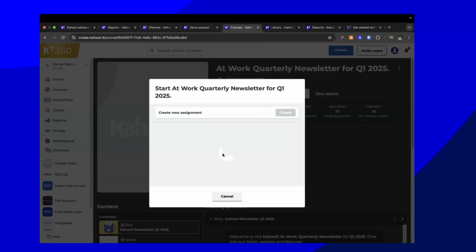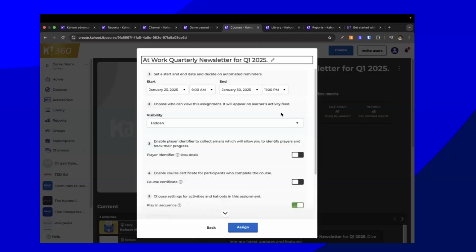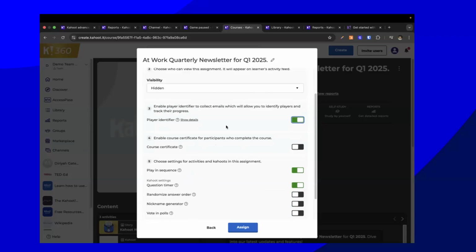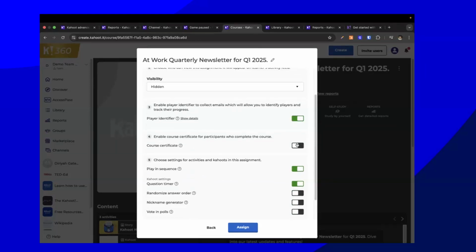And of course, you can assign that out, really similar to how we did with the Kahoot. Again, settings are entirely up to you. What's a little bit different with courses, and I feel like this is a good addition, is that you can send out reminders and email participants of the course that they need to participate in it.